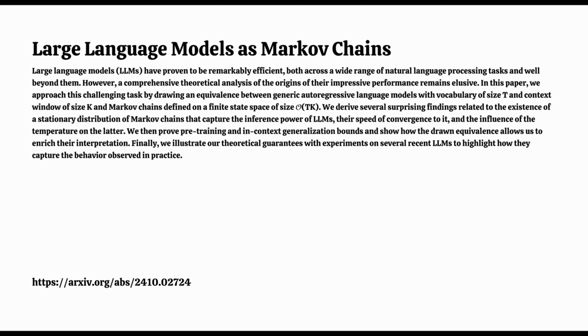That's the amount of data that a model needs to learn accurately. And they discover that the amount of data that an LLM needs scales linearly with the size of the vocabulary. So if you double the vocabulary size, you roughly double the amount of data needed. Yeah, that makes sense. However, the frequentist approach scales exponentially with the number of possible states in the Markov chain. So as the chain gets more complex, the amount of data needed for the frequentist approach explodes. Exactly. And this difference in scaling is a major advantage for LLMs, especially when you're dealing with these complex sequences where the number of potential states is vast.